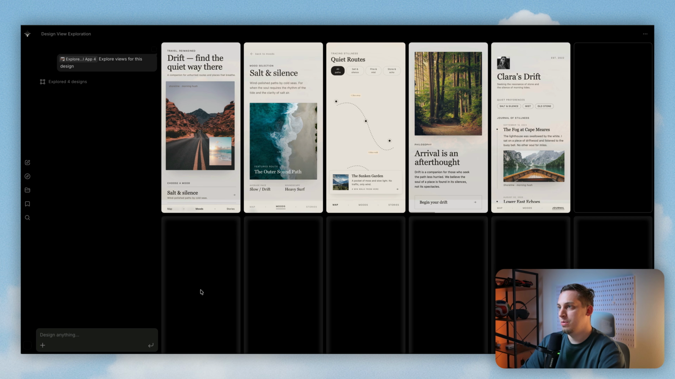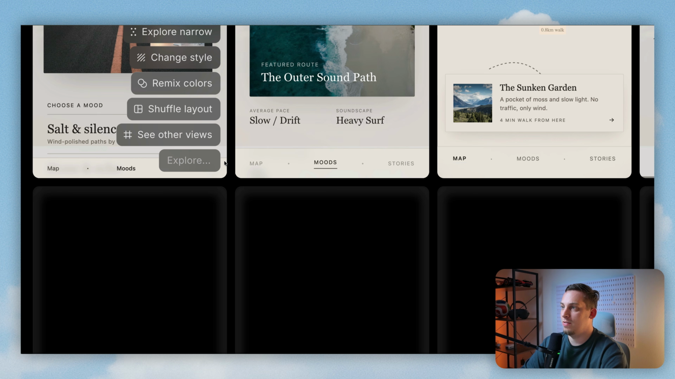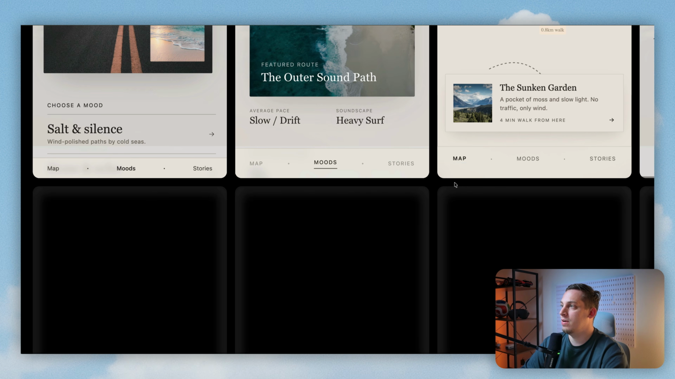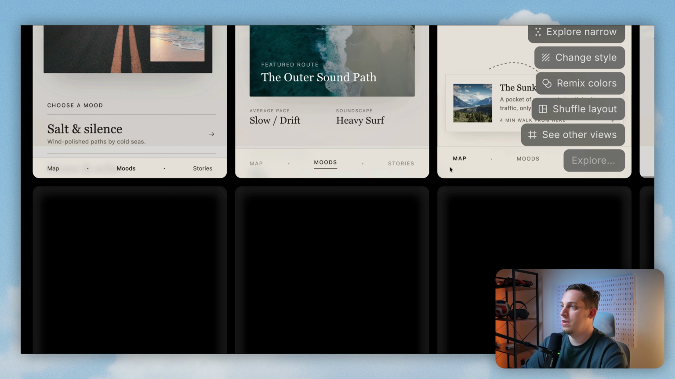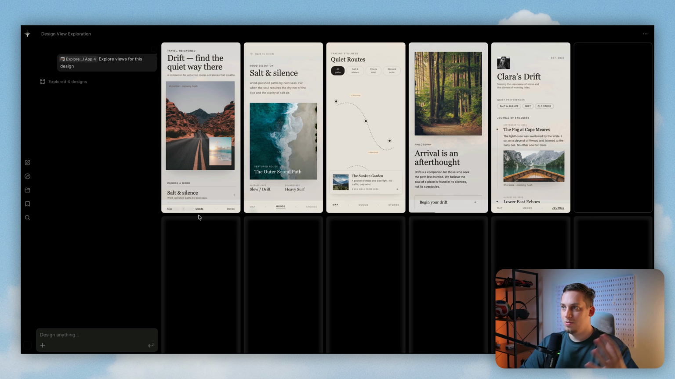Other views would be something more like, this would be the main design, and then we have other pages. For example, we have map, moods and stories. And this would be the moods page. But if you really look closely, these things kind of change. The height has changed a little bit over here. The style has changed over here. This one has an underline. This one doesn't. I would use variants more as an inspirational tool,